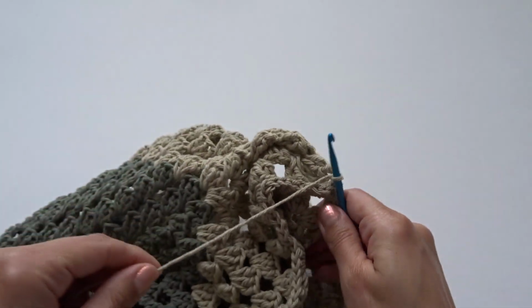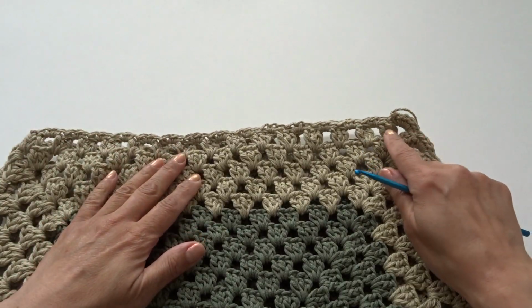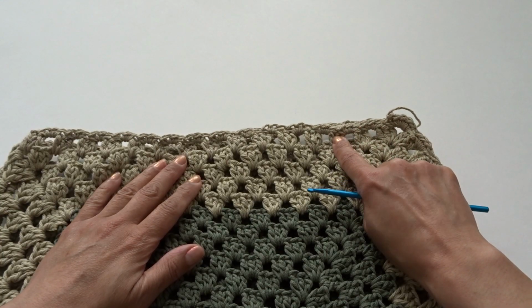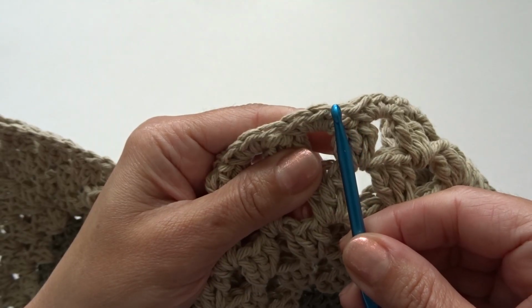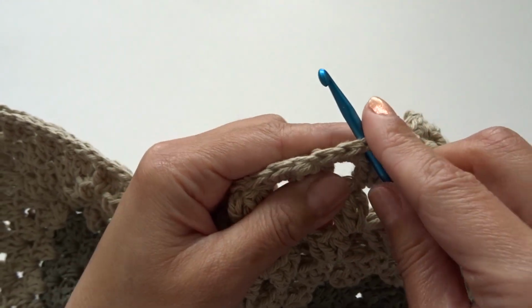Cut your yarn. To work on the handle, we're going to come to the opening of the bag and count out 3 sets of 3 double crochets. So here's 1, here's the corner, here's 1, 2, and 3. Right over here, we're going to use the last double crochet. So here's 1, 2, and 3. This double crochet, insert your hook into that stitch,